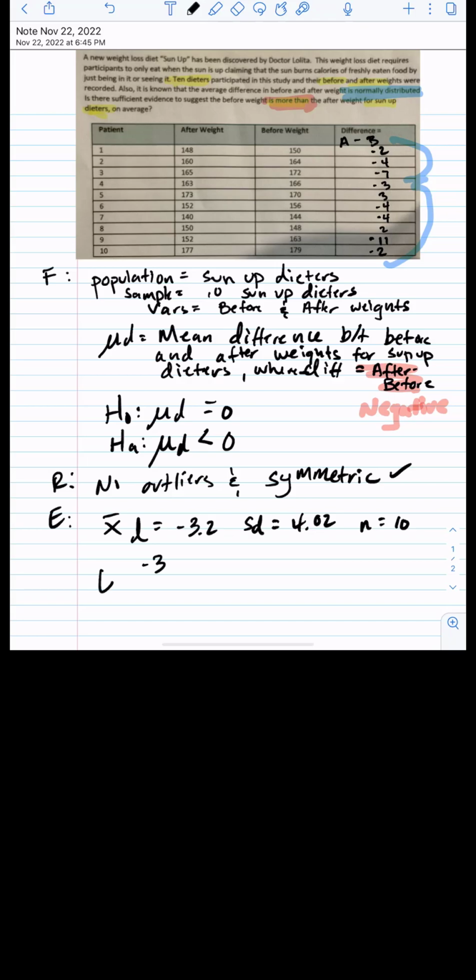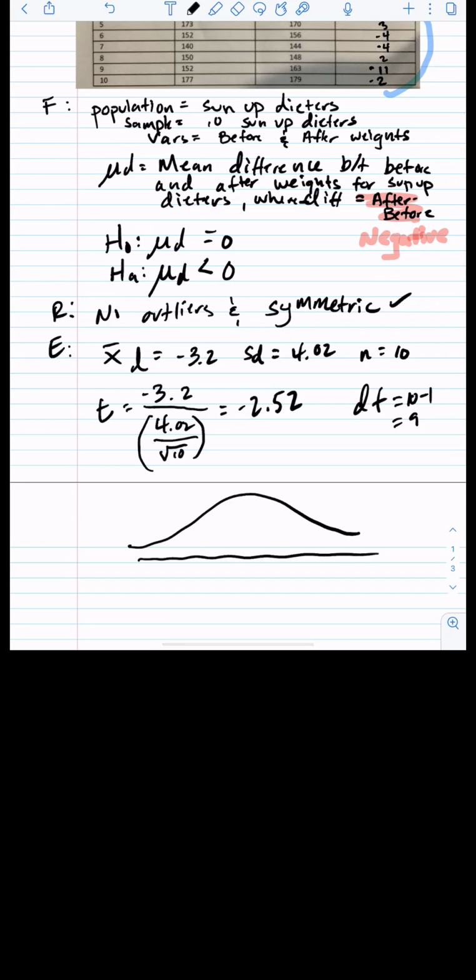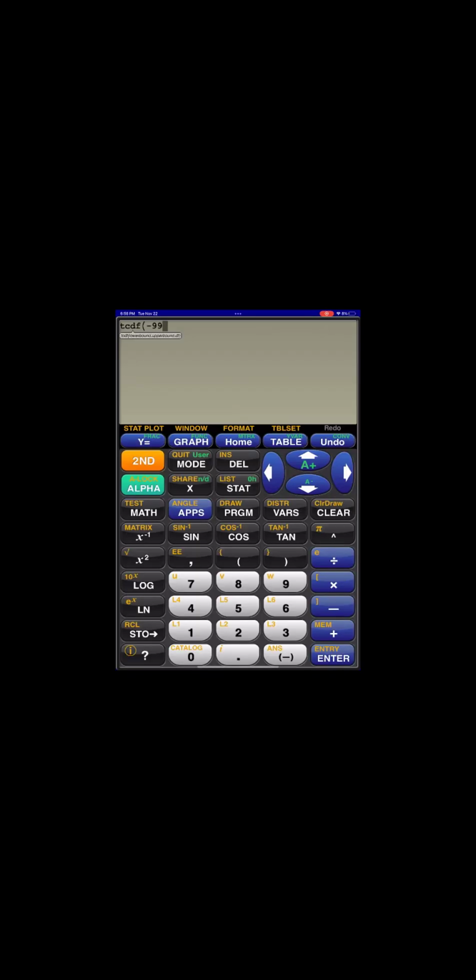So then when we execute calculations, we're going to calculate a t-test statistic, and to get that, remember we need x bar sub d, s sub d, and n, and to find x bar sub d and s sub d, I entered the last values in that column of differences into my calculator and found those measurements. So we come up with a test statistic of negative 2.52, and because we have a left-tailed test, we're interested in the area to the left, and so my p-value then is going to be the blue area, which comes out to be